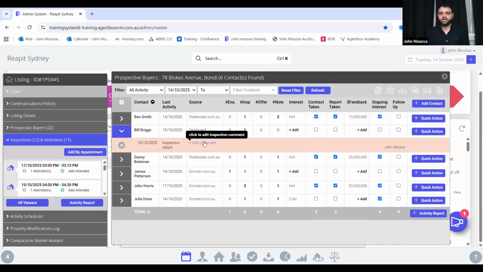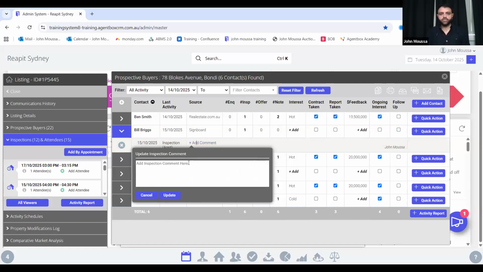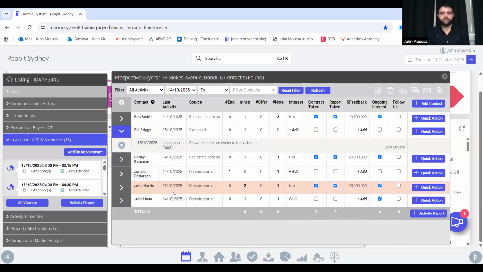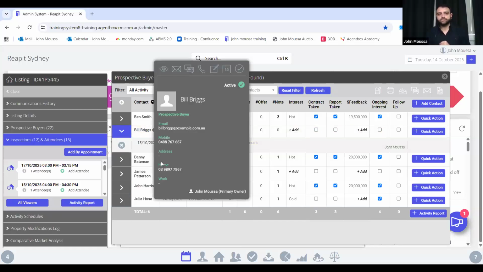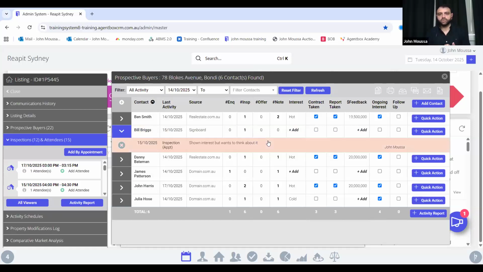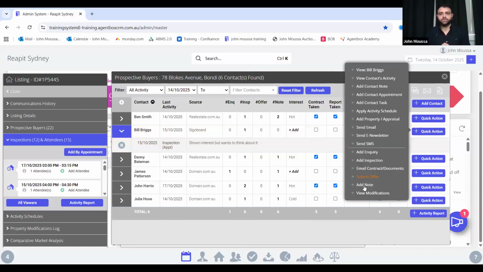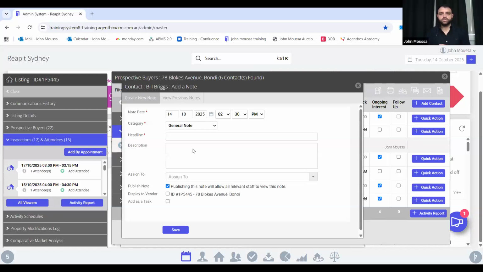But in this case, we're going to add a comment here, and we're just going to put, shown interest, but wants to think about it. Update. I've got that here. I'm now going to call him, grab his phone number, give him a call, and then add another note. Over here, we're just going to put, outbound call, liked the location,